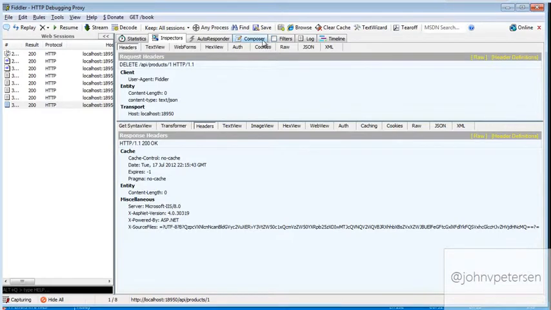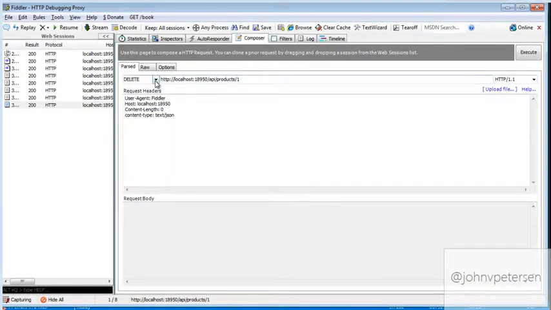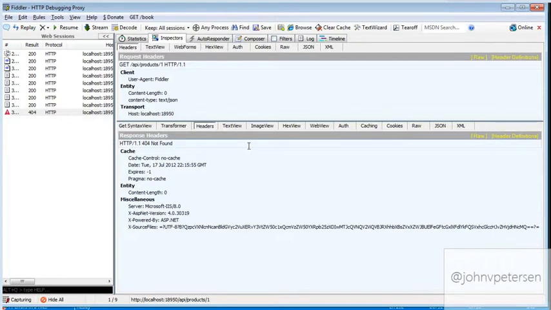What if I try to delete that again? Or better yet, what if I invoke a get on that product ID number 1? Check it out, 404. I have the web API configured to throw a 404 when it can't find a product that you passed in. Now, I have no idea what type of process is actually interacting with my web API. But because it's RESTful, because we're adhering to HTTP standards, it's documented for me already. It's like, well, if I throw a 404, it means you requested a resource that doesn't exist.